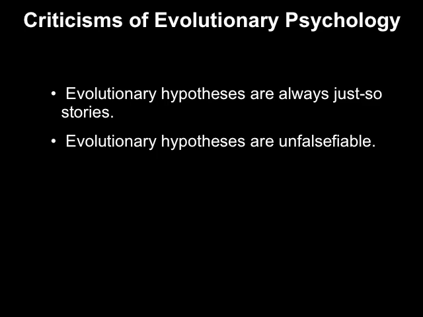So there are a lot of different avenues of research that you can use, and that's one of the things that I like best about EvPsych. So you can do genetic studies, lots of twin studies to look at behavioral genetics of behavior. We can do experimental psychology studies, looking at how people react to stimuli and see if they do it in line with predictions or not. We can do cross-cultural studies, although